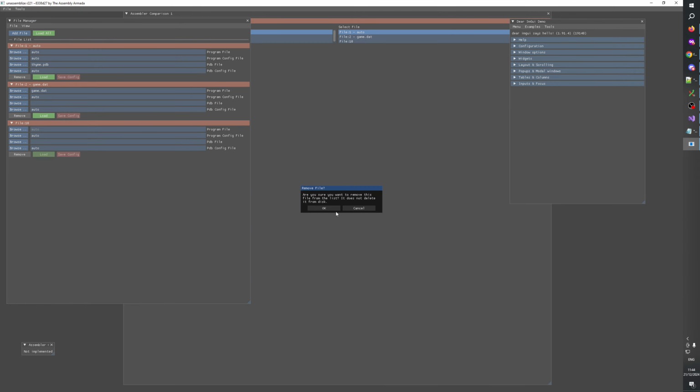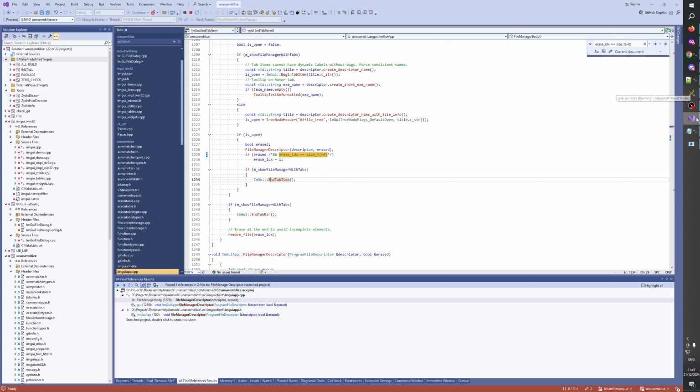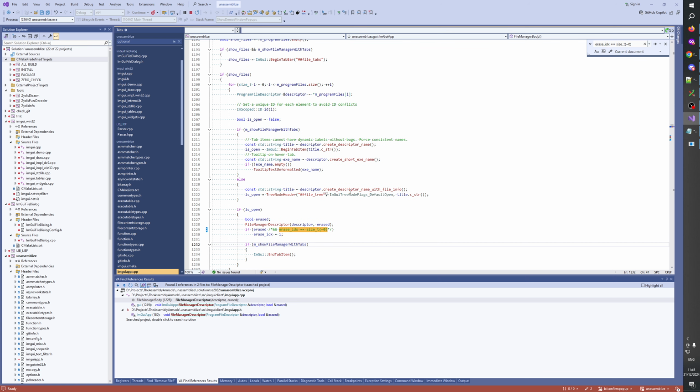Why are these buttons gray? I don't think they should be. I think they should be blue. I think they are gray because